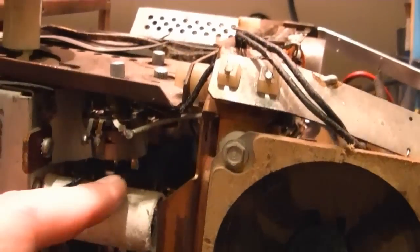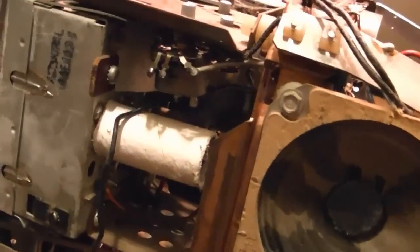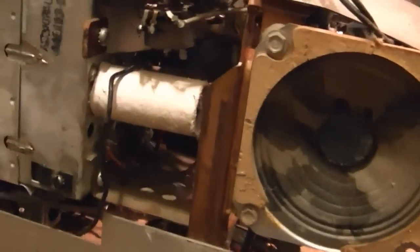So I cut out that wire and I want to run another wire back down around and into my new little power supply strip. Well, that seems simple enough, right? Clip out this wire and then just run another wire down, but not quite so simple because there's something else